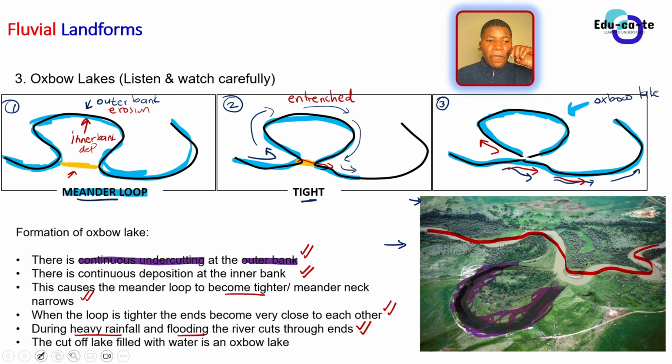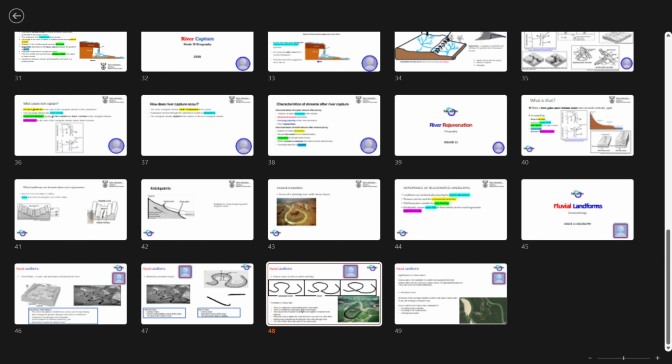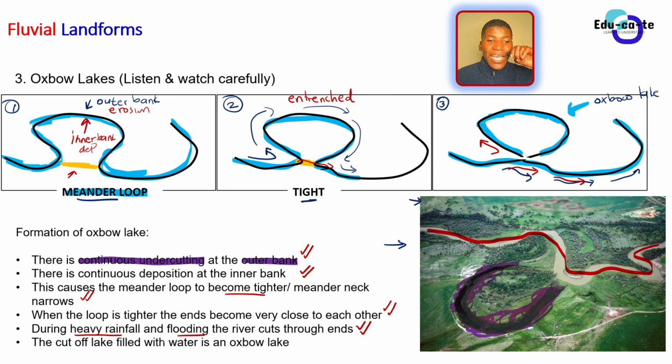So that lake that has been cut off from the mainstream is known as an oxbow lake. It's a lake that has been cut off from the mainstream. So the oxbow lake is basically that stream that is alone. It came from the river. Originally it was a meander, but because of this tightening, and then during heavy rainfall and flooding, the river cut it off from the mainstream such that it remained as an oxbow lake. So these oxbow lakes are very